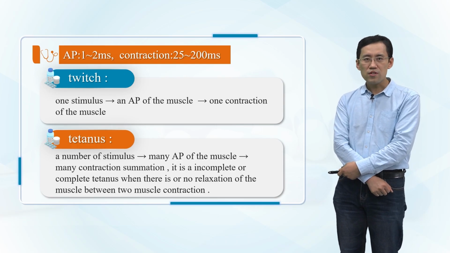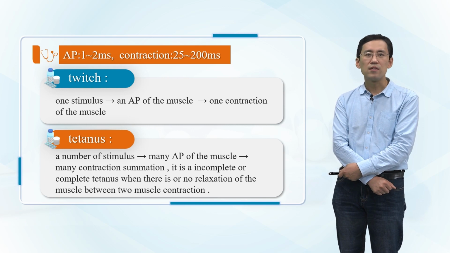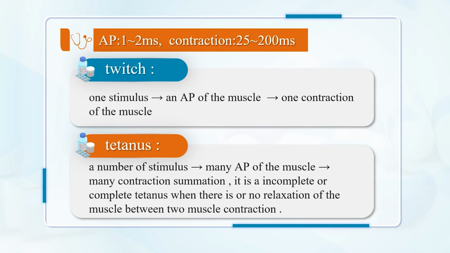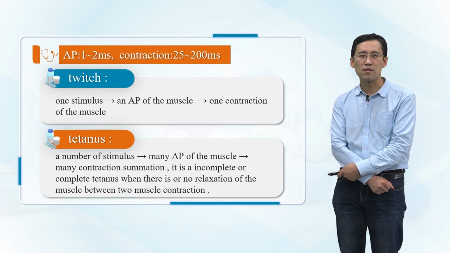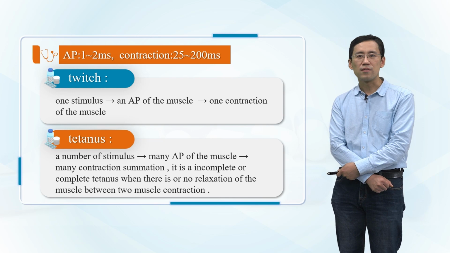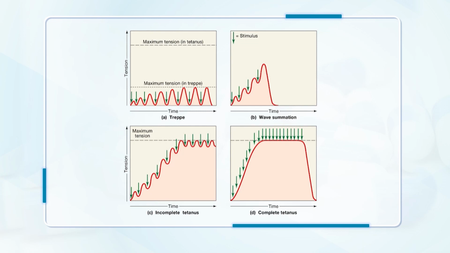As we know, the action potential lasts 1 to 2 milliseconds, and the contraction can last up to 200 milliseconds. The twitch is one stimulus that causes one action potential of the muscle and one contraction of the muscle. Tetanus means a number of stimuli, many action potentials of the muscle, and many contraction summations. It is incomplete or complete tetanus depending on whether there's relaxation of the muscle between two contractions. In the first line, the picture shows us